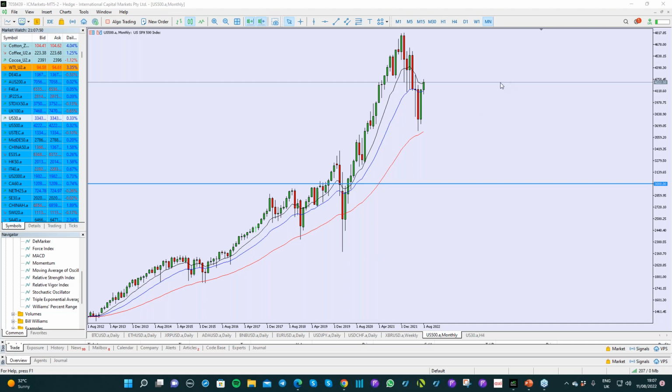And of course, hopefully you should be familiar with MT4 or MT5. They're very, very similar programs anyway. Okay, so